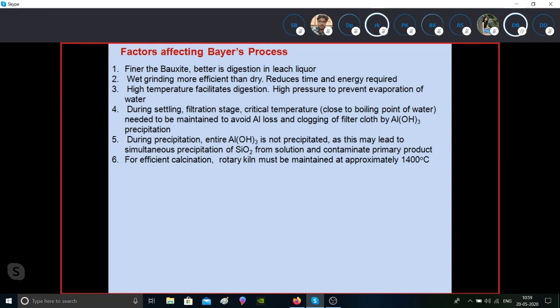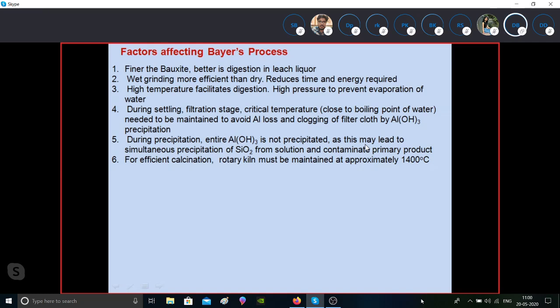And that is in the very next stage. You see that we bring down the temperature below the critical temperature, because once we remove everything, we need to bring down the temperature. We maintain 100 degrees here, but we intentionally bring down the temperature in the next stage, the precipitation stage, where aluminium hydroxide precipitates out from solution. Okay, that is where the crux lies: how to avoid precipitation here, how to facilitate precipitation there.